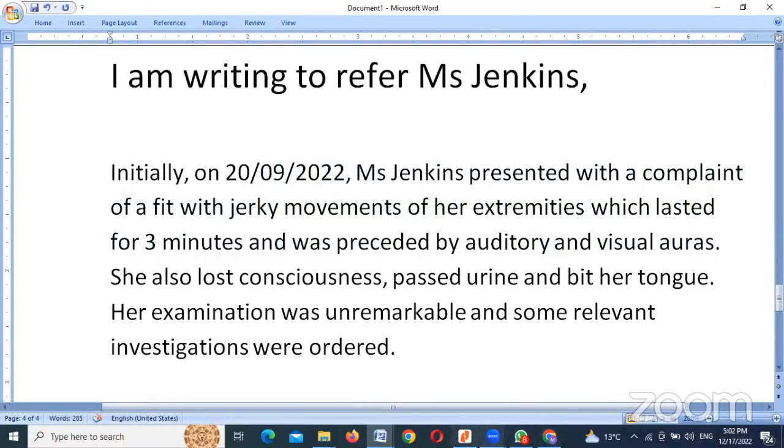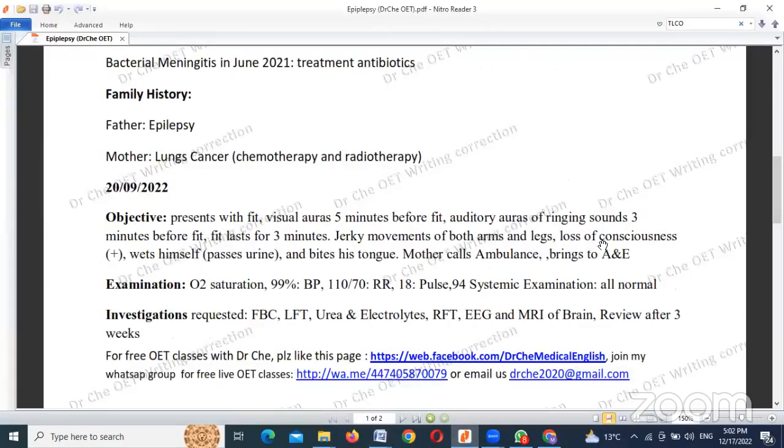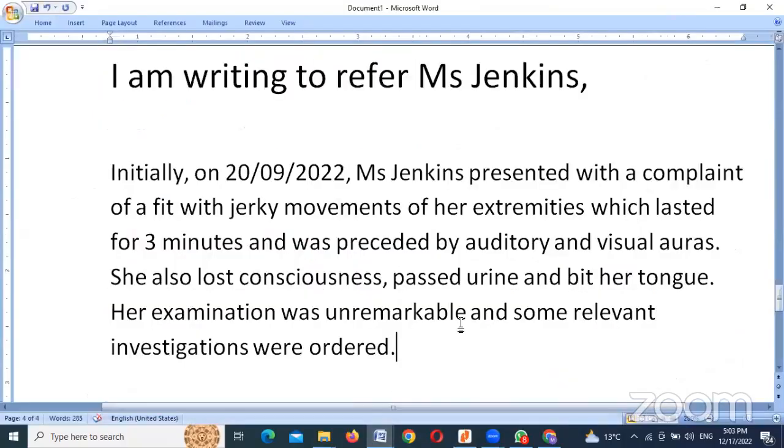Now we have some related symptoms apart from this. Patient lost consciousness. Patient wets herself, okay, and bites her tongue, okay, it is her hair, not his. So you can write one sentence here. She also, please note here,